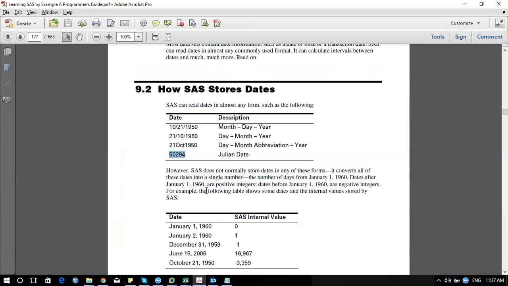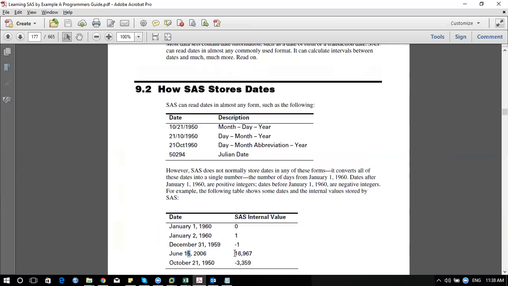The base date is around which we are keeping it. Now, how SAS is going to store the date, we already discussed. If you have a date like June 15, 2006, from the base date they calculate the number of days passed from that date to reach this particular date.